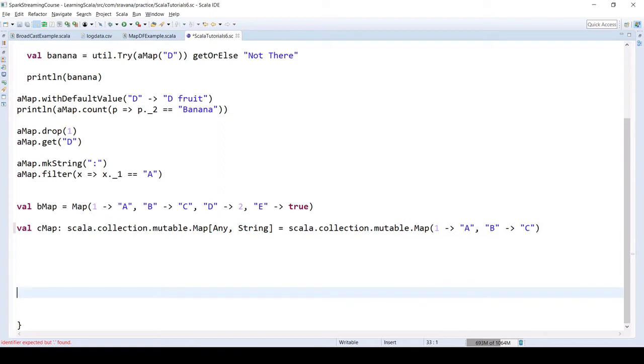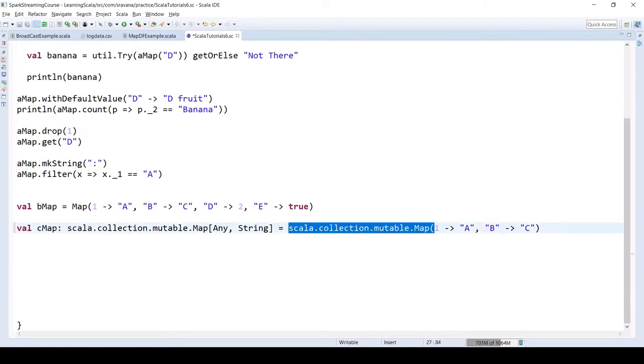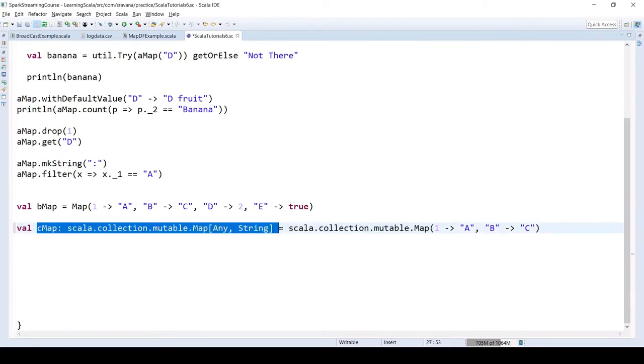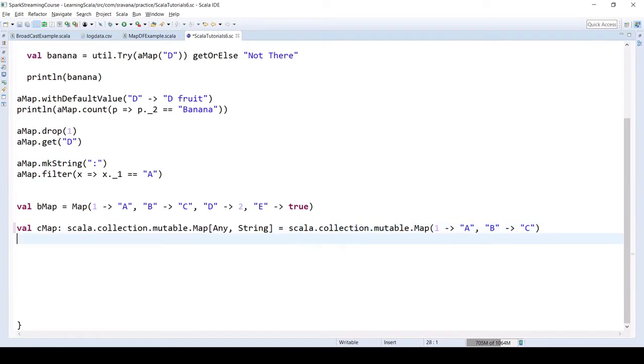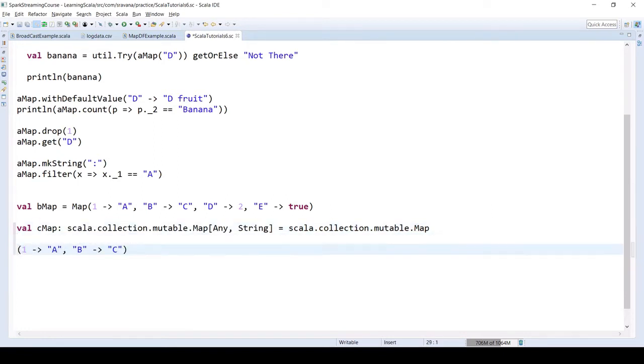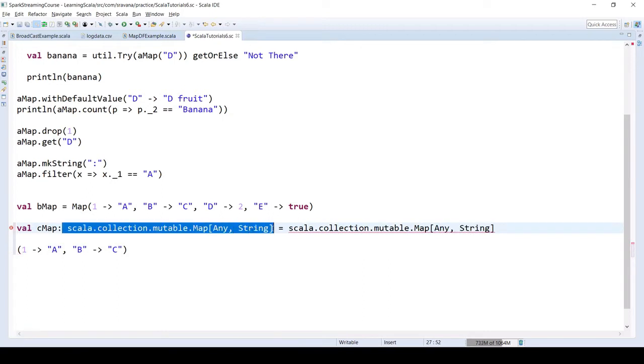Here we have mentioned it as mutable, so it is asking us to have this also. So instead of this, if you just put a variable like this, you create an empty map and then you can add something to it. This is also actually not required.